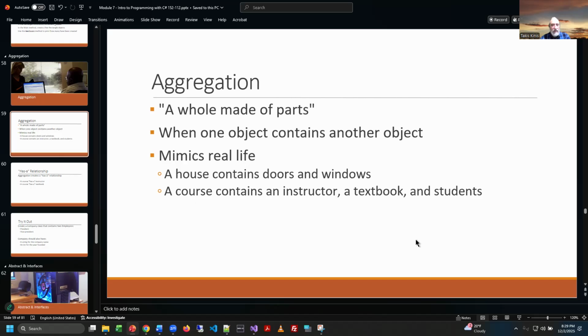And it says here, it mimics real life. So for example, a house, which could be an object, contains doors and windows, each of which are objects, right? And it totally makes sense from an English language standpoint. A house has its own properties, capabilities, and methods. A door has its own data, capabilities, and methods. And a window has the same thing, and they can all be considered objects. So doors being an object inside of a house makes sense, and windows being an object inside of a house also makes sense,